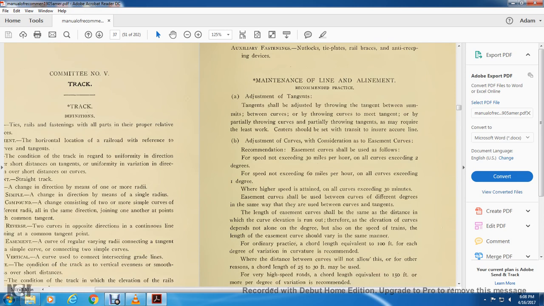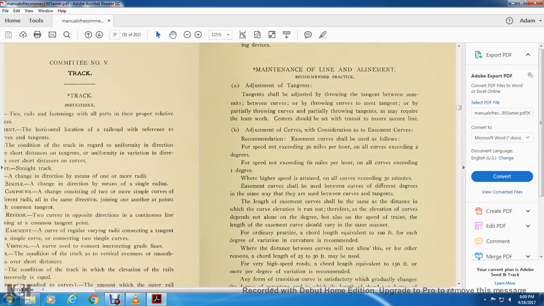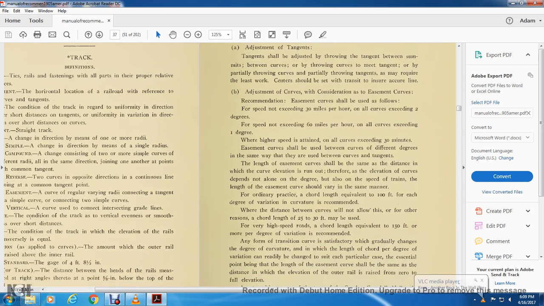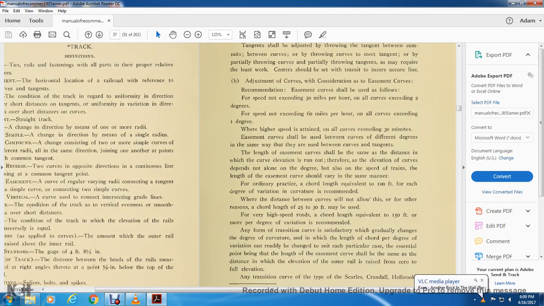The length of the easement curve shall be the same as the distance over which the curve elevation is run out. Therefore, the elevation of the curve depends not on the degree but on the speed of the train. The length of the easement curve shall vary in the same manner. For ordinary practice, a chord length equivalent to 100 feet for each degree of variation of the curve is recommended,